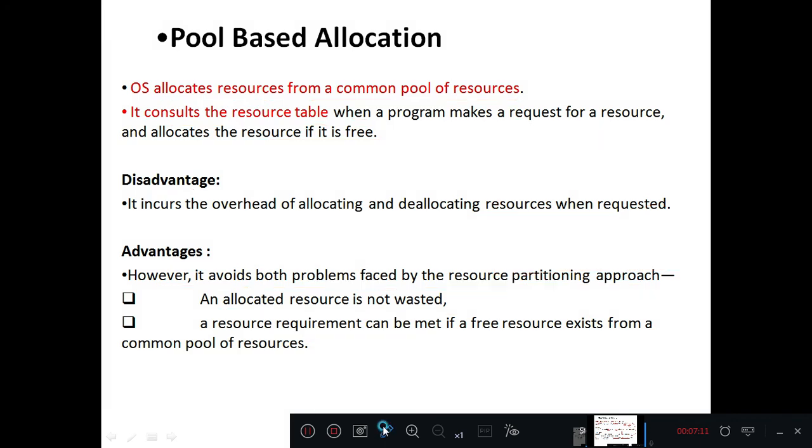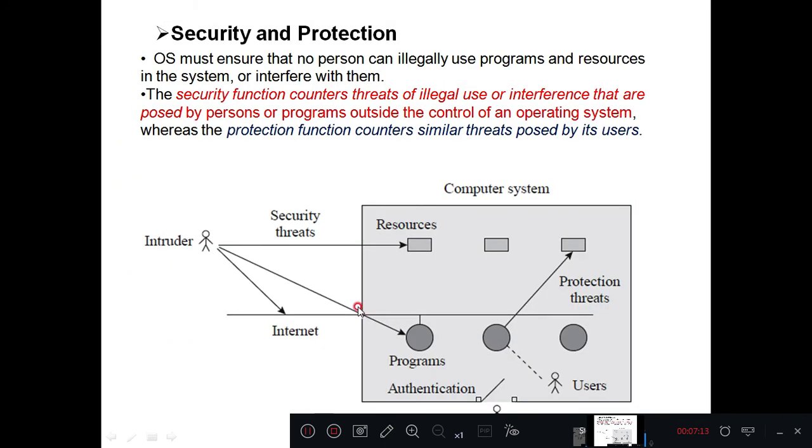Next, moving to the next slide, we'll discuss the third operation in detail, that is security and protection. It was already discussed as a task of an OS, like non-interference, where authorization is provided. But here he has put one more example. You can give the same explanation to this security and protection as well.